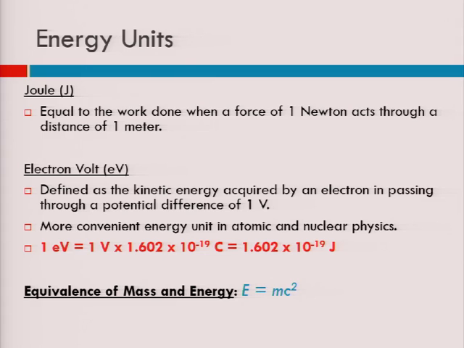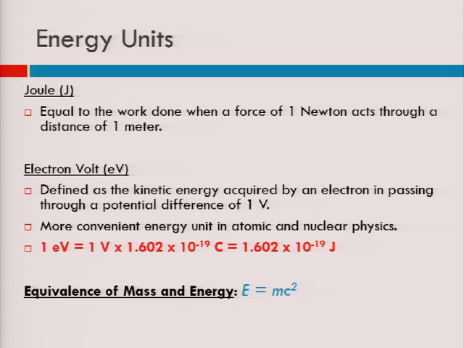All right, so switching gears to basic energy units, a joule is equal to the work done when a force of 1 newton acts through a distance of 1 meter. Not particularly relevant to radiation therapy, but the electron volt, in fact, is quite relevant. And this is defined as the kinetic energy acquired by an electron in passing through a potential difference of 1